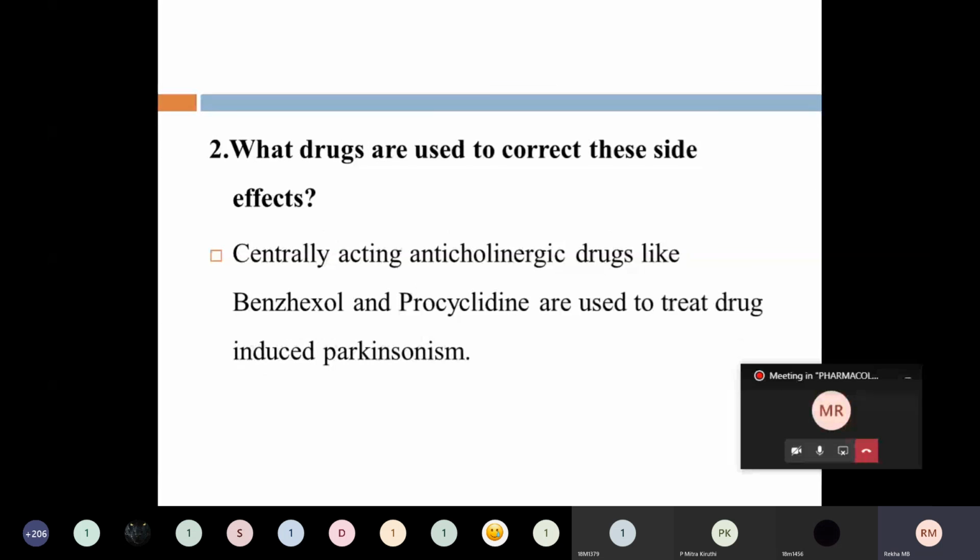What drugs are used to correct these side effects? Now, it is a case of drug-induced Parkinsonism. It is because of the blockade of D2 receptors. Now, whenever we think of treating Parkinsonism,